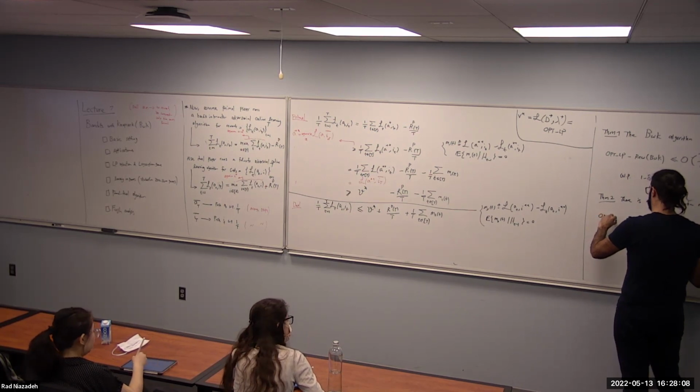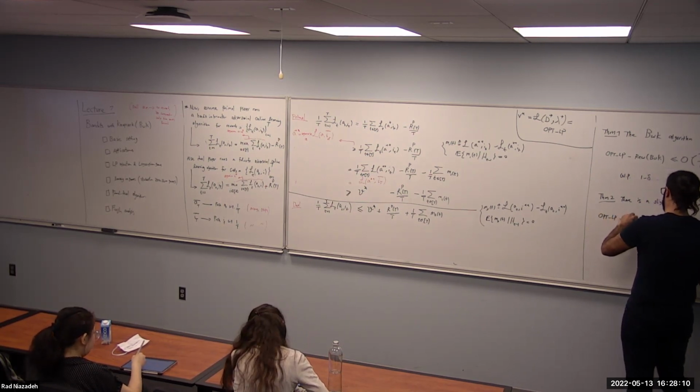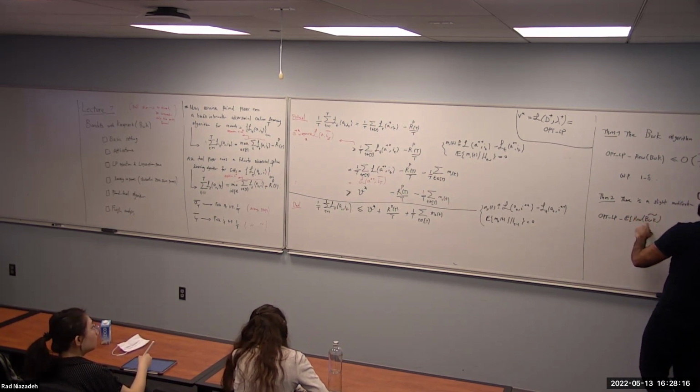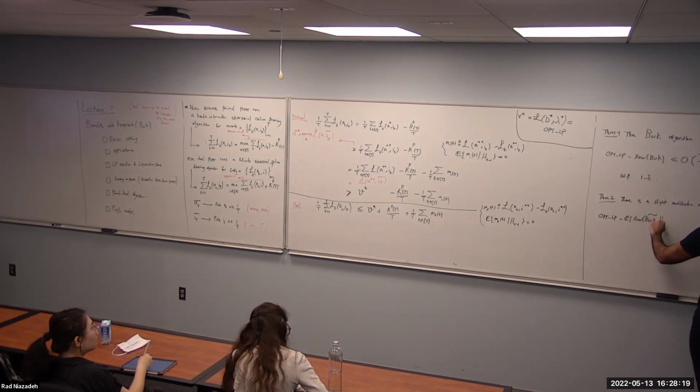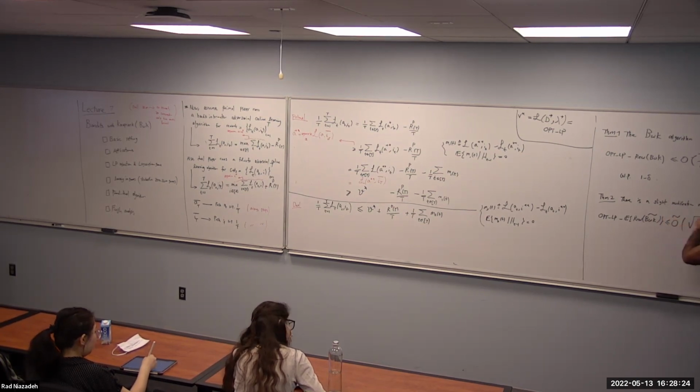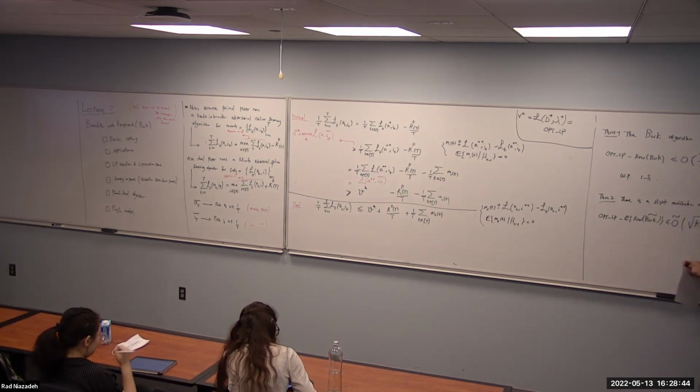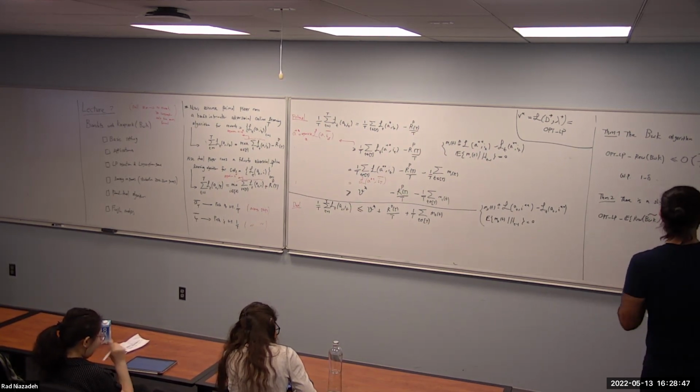So opt LP minus the expectation of the reward of bandit with knapsack tilde, that's the modified version, would be at most O tilde of square root of K opt LP plus opt LP times the square root of K over B. Kind of a weird bound, but this is the information theoretical outcome for this problem. It's the best thing that one can do.